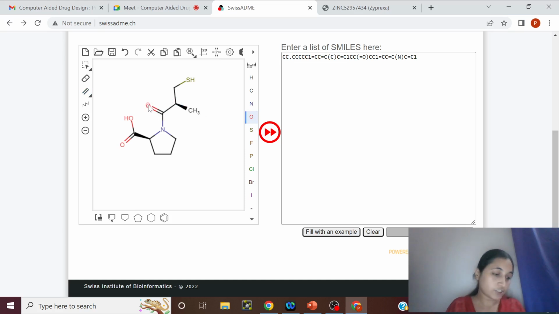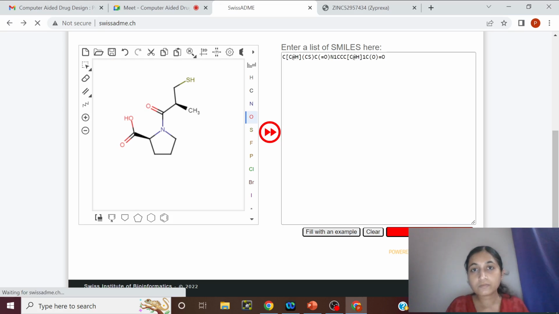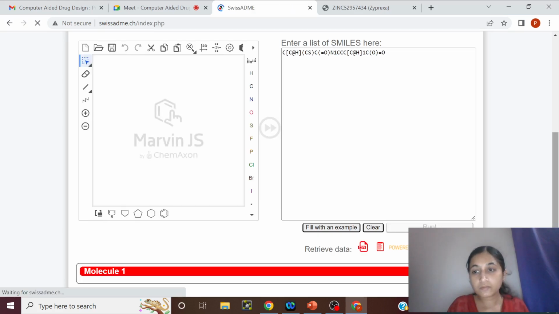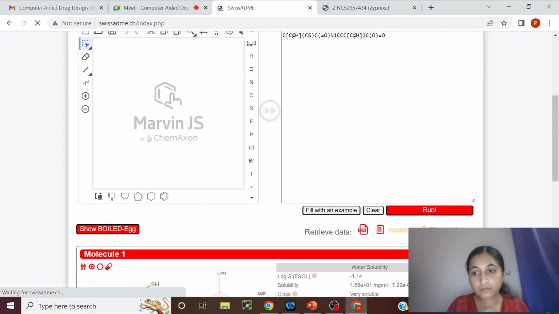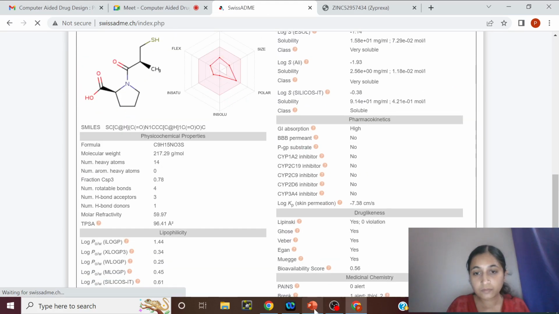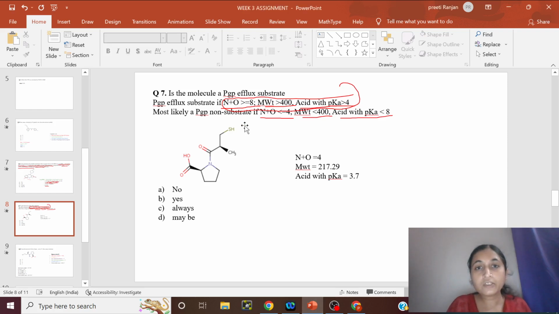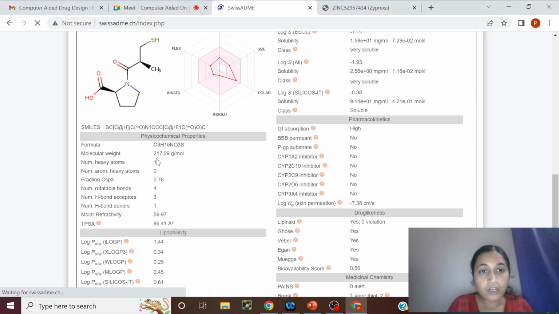So this is the structure. Here we want N plus O. Here we can count it ourselves. Nitrogen is 1 and there are 3 oxygens, so N plus O is equal to 4, and the molecular weight is